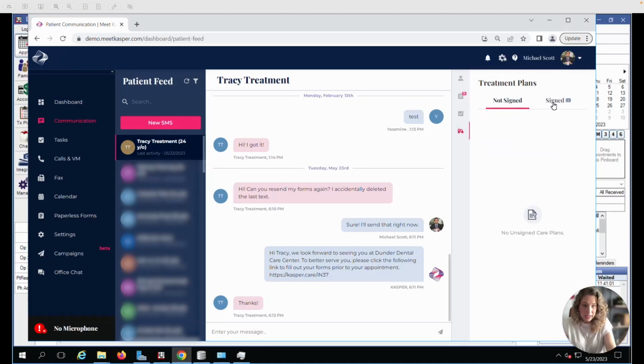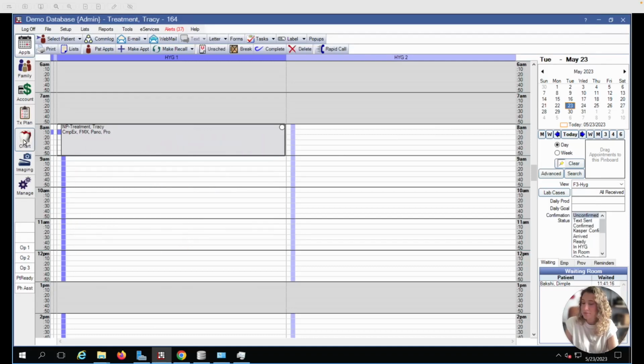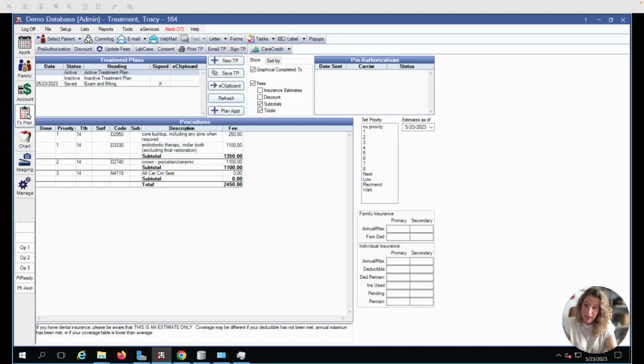There is a signed and a not signed section, and these are going to sync from the saved treatment plans that are created in Open Dental. So we'll go to Open Dental, and I'm going to go to Tracy Treatment, and I'll go to her chart, and you can see her completed treatment, her proposed treatment. So now I can go to the treatment plan tab,